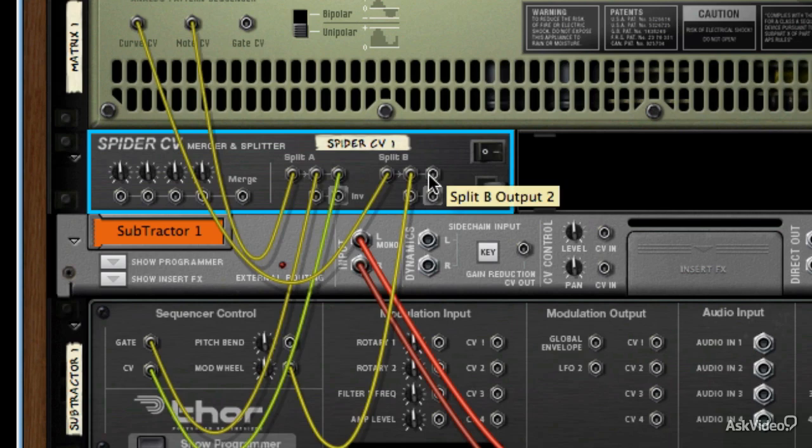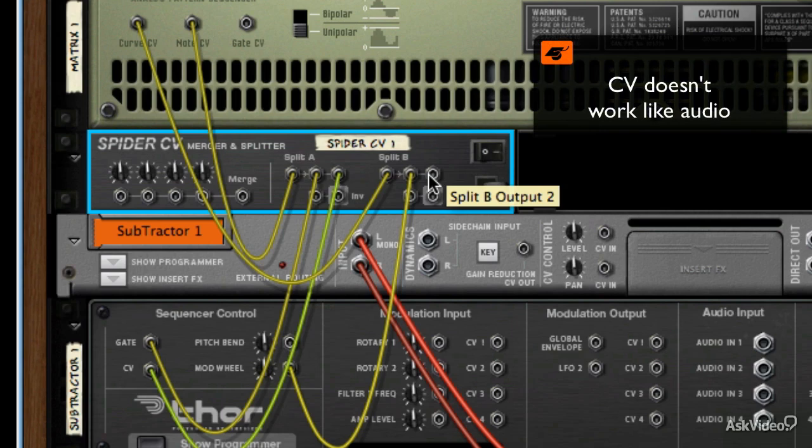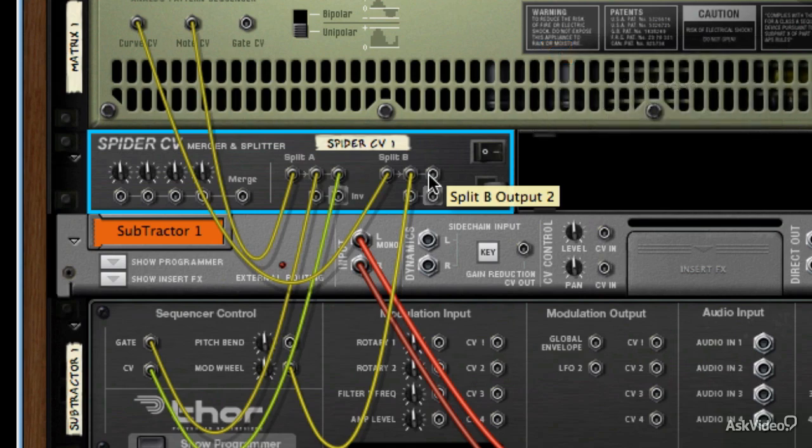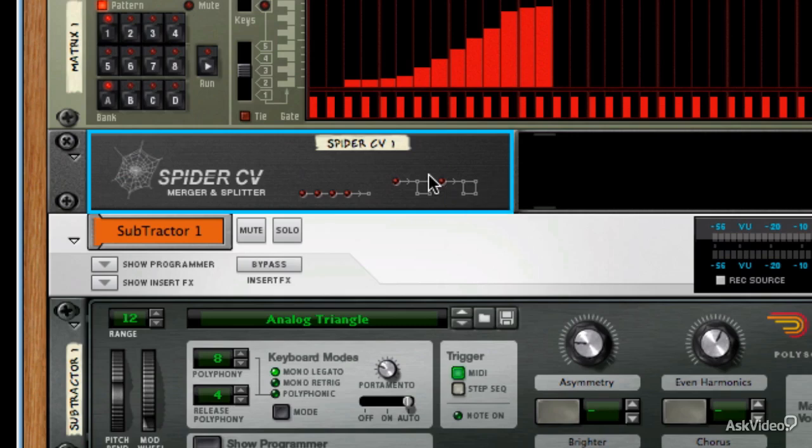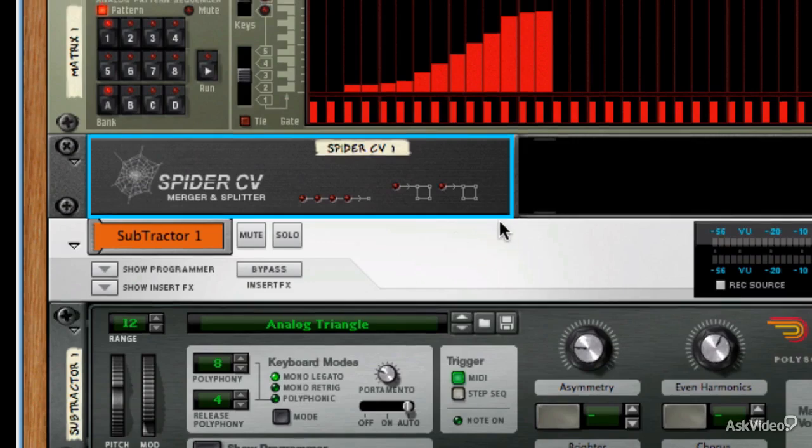You have to sort of understand what the ports are that you're connecting up, because some things just won't do anything because the type of parameter you plug a CV connection into for a certain patch might not work as you expect. It might not seem to do anything at all. So it takes a bit of experimenting with, and it's well worth reading the manual if you want to get heavily into CV. It's kind of quite advanced stuff really,